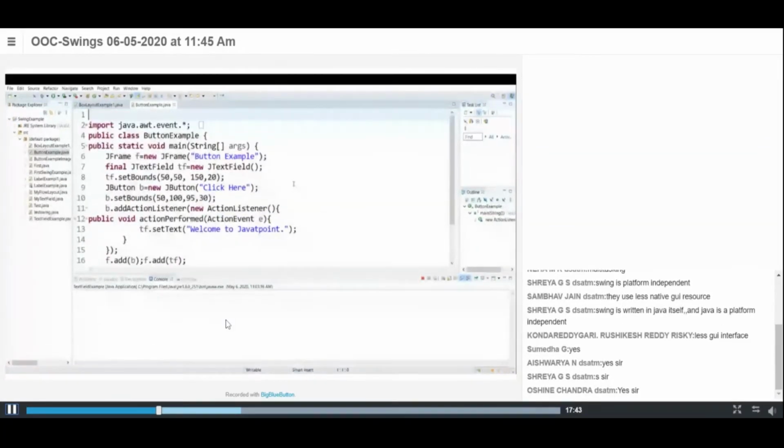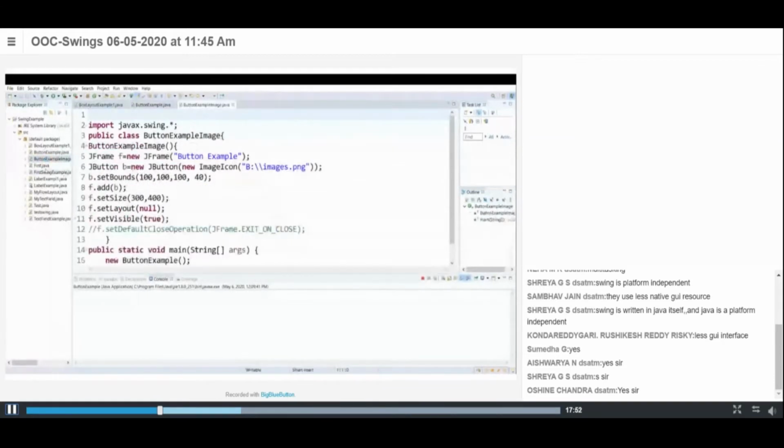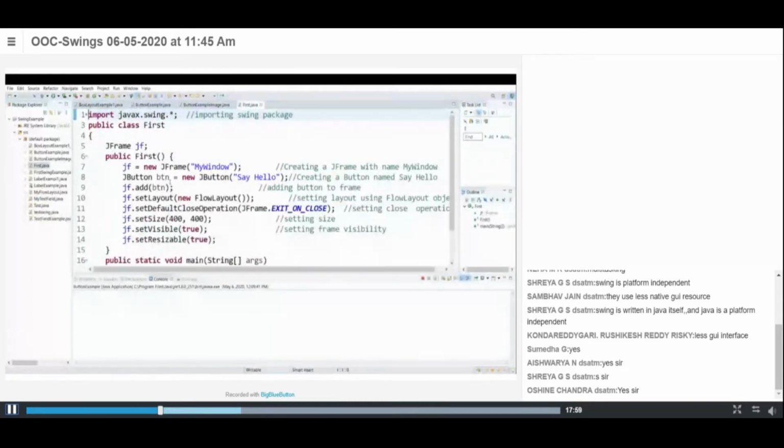Example. What I do is I'm going to run this application. So see, okay, leave this. This is also not important. Okay, fine. I'll go with this one. Okay, see,